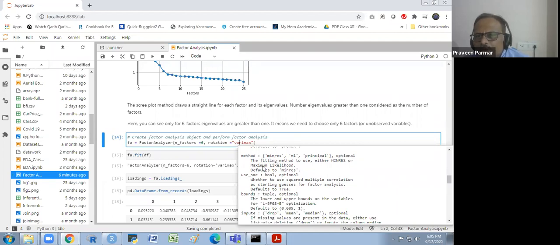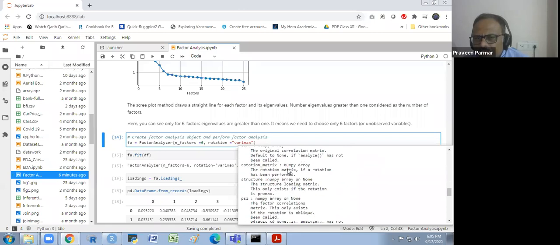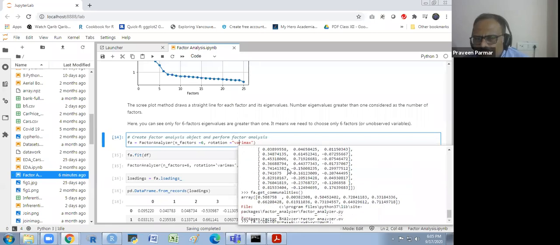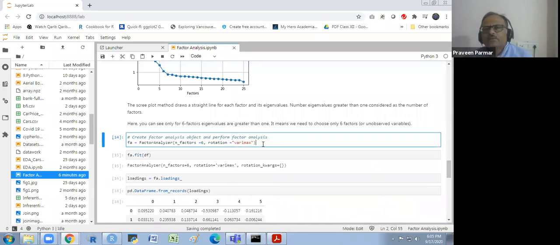So the fitting method to use is the item miner, so the maximum likelihood defaults on the minres. Minres is the minimum residuals method we are using. We could apply the ML also, and we could use the principal also, and we have different parameters, but you could use that later on. If it is required, then you could go in depth and work on it. So there is a study of this.